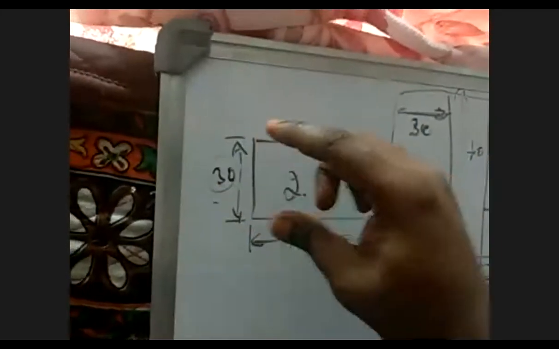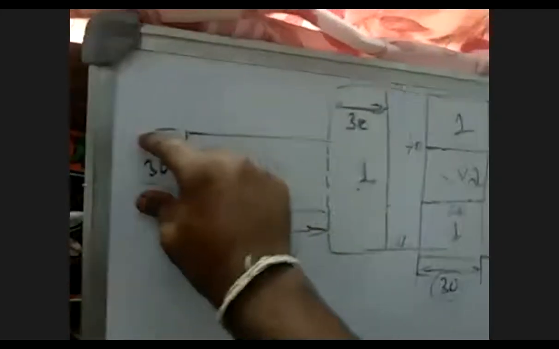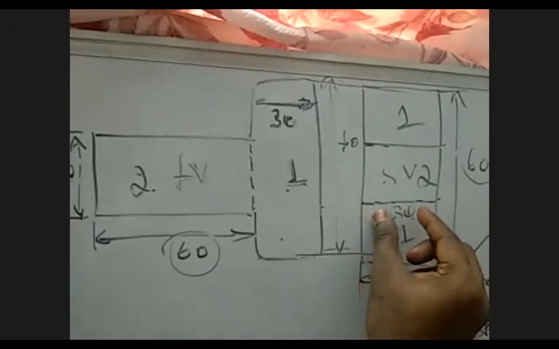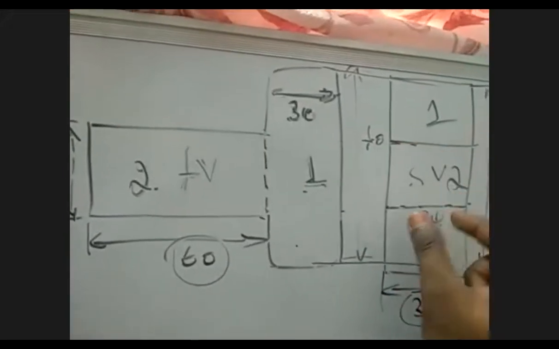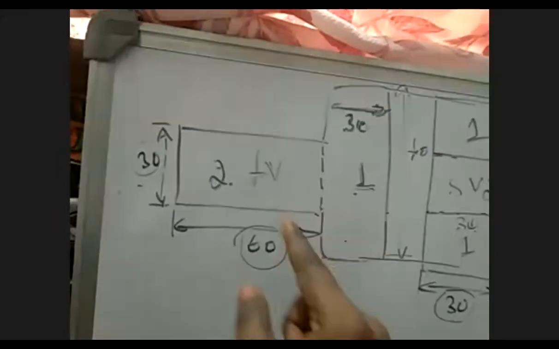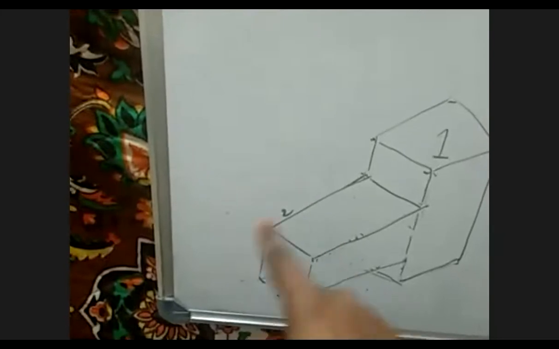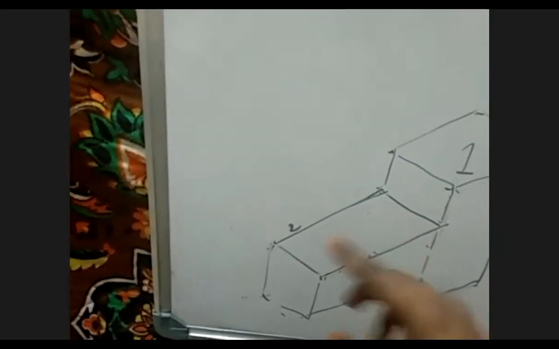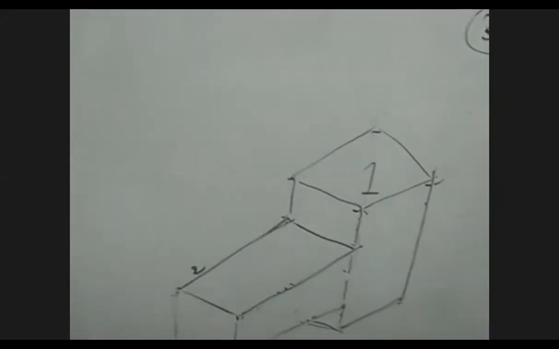So in the sleeping solid, you have to take vertical height versus horizontal dimension. So 30 and this height is also 30. So 30 by 30, it is a square, but it is in sleeping position and axis length is 60. So that is the reason 30, 30, 30, 30. This is square face 30 by 30, axis length 60, but placed in horizontal direction, attaching to your solid one.